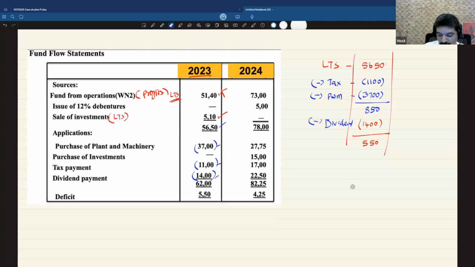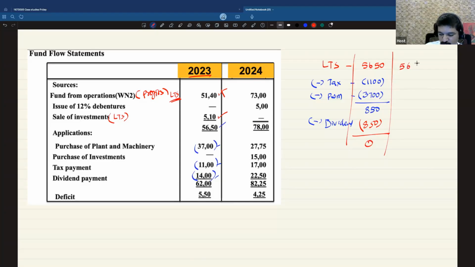When they are having only 850, what they could have done is restrict their dividend distribution to 850, right? If they had done that, they would not have landed in deficit. It would have been a matching situation. But let's say they are very particular, they will pay dividend of 1,400 because they have created a trend or expectation. The owners are going to expect a certain level like this, then they should have reworked in this